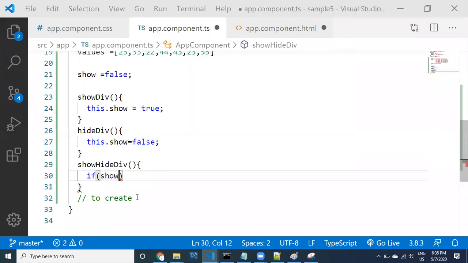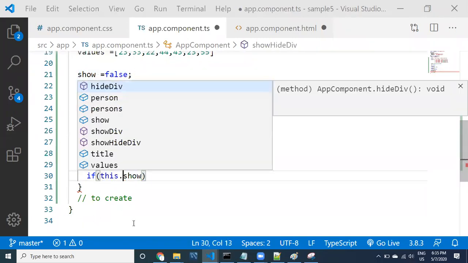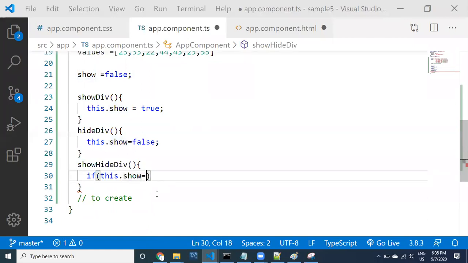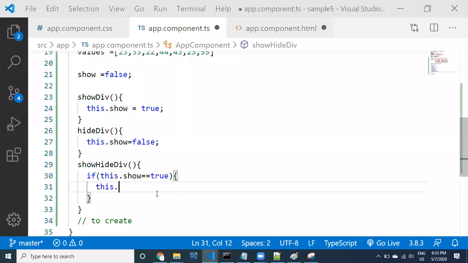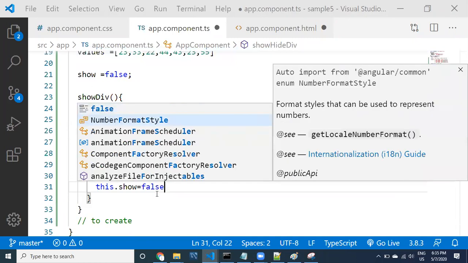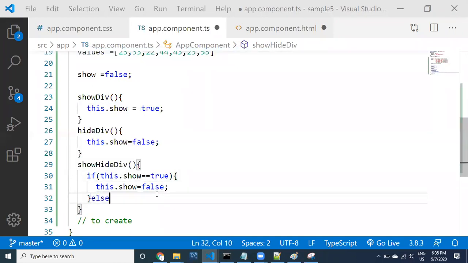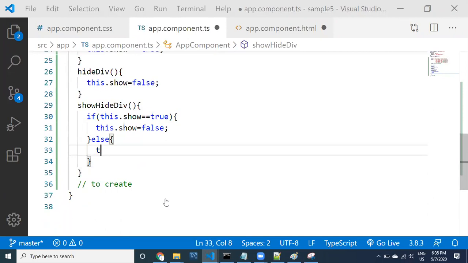Show is a property, right? It's not a method local variable. It is an instance property. So if this.show is true, then this.show equal to false, and else this.show equal to true.